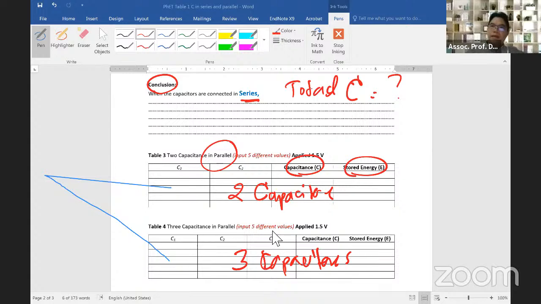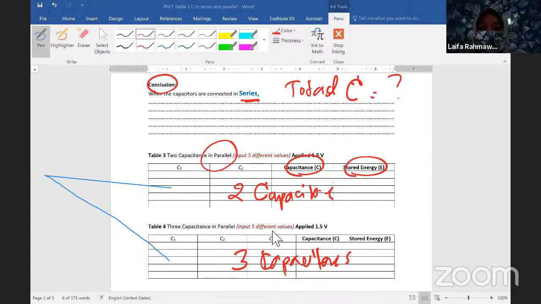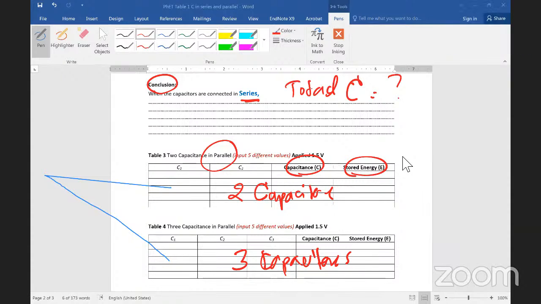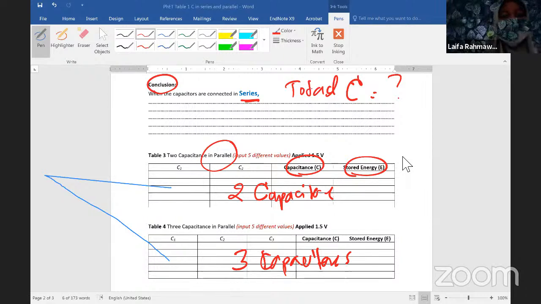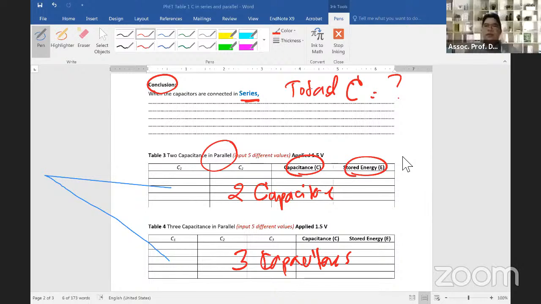Did you understand the process? All students, have you understood the process? If you have understood, I will break the class into groups. Any question? Are you sure, students? No question? Okay, sir, I think they have understood your explanation. Please proceed to the breakout room, and then we wait for the students to work on the worksheet.